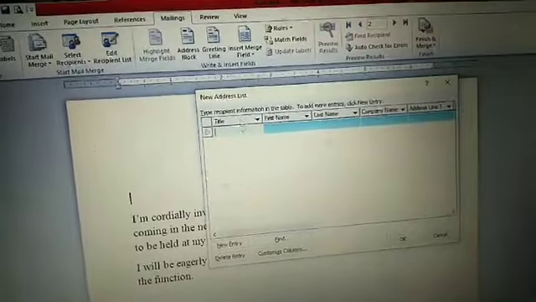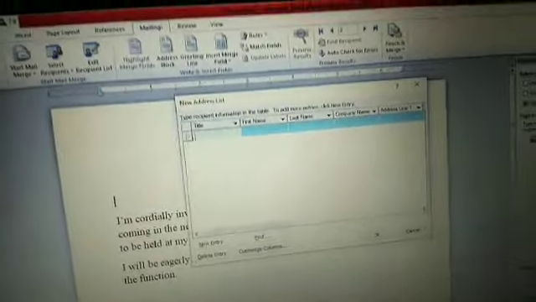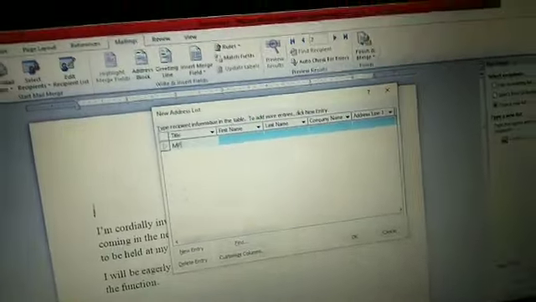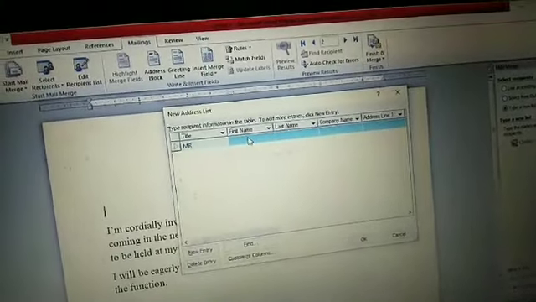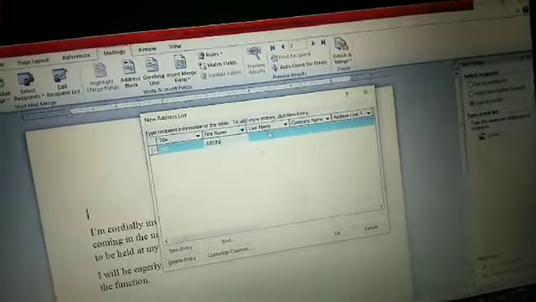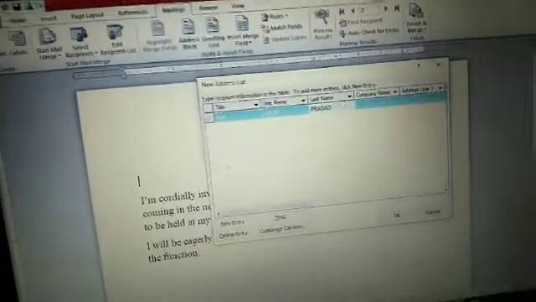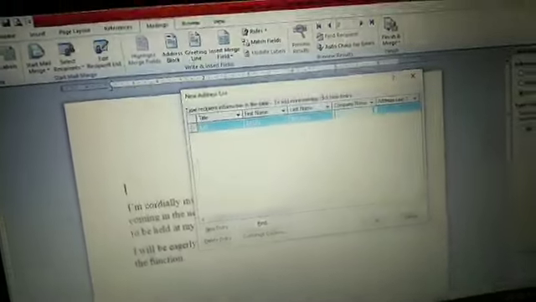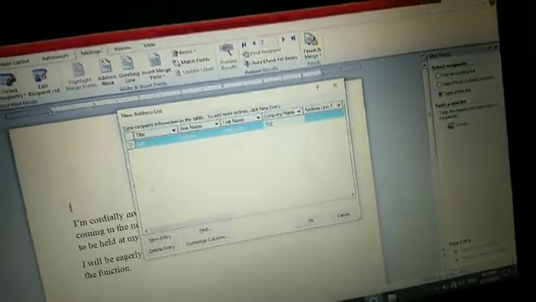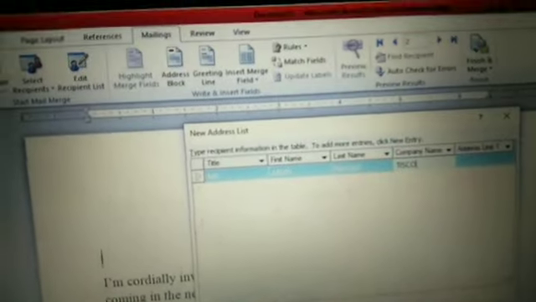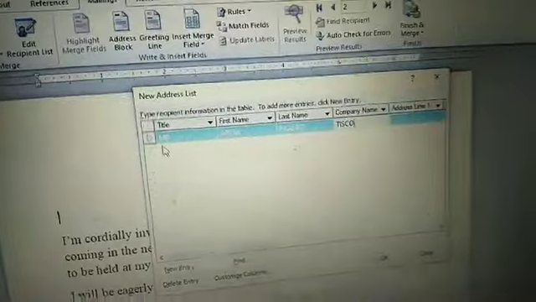Here the title I'm typing is Mr. Then the first name of your relative. It can be anything, I'm just typing some name.